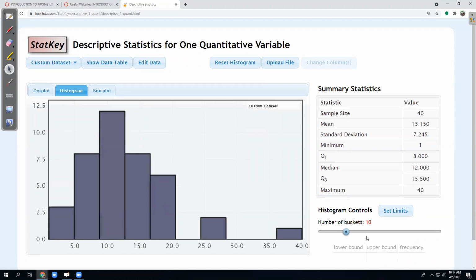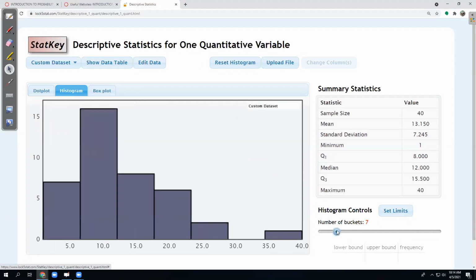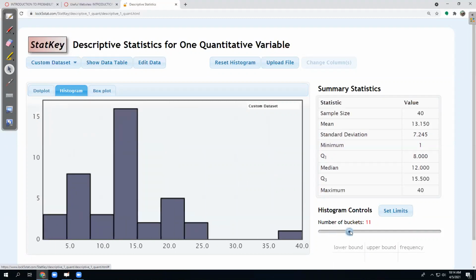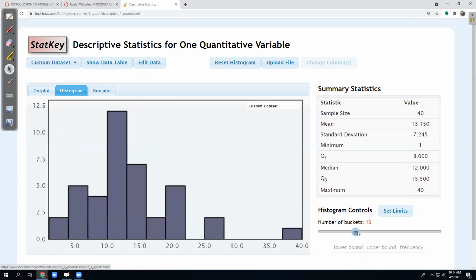Now, it always defaults to 10 buckets, and the buckets are these columns here. So potentially I have 1, 2, 3, 4, 5, 6, 7, 8, 9, 10 columns. And I can always change the number of columns or buckets by just dragging the slider. And notice that the shape of the graph changes a little bit each time I do that. But there are some things that are pretty constant, and that's most of the data is between 5 and 15, right in here. And then I always have this tail out here on the right,